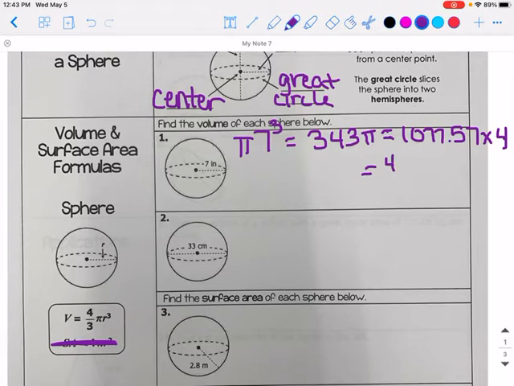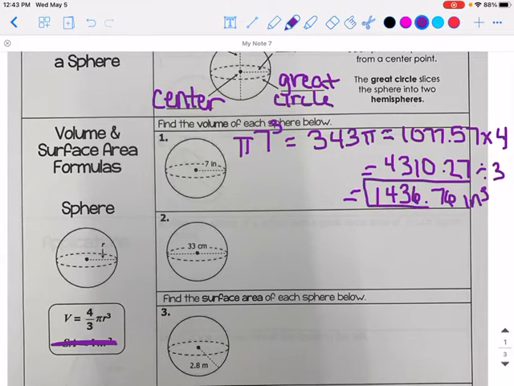And that gets us 4,310. And divide by 3. And that is the volume of a sphere. Let's try it one more time. In number 2, it is not pi 33 cubed, it's pi 16.5 cubed, okay? So 16.5 cubed times pi, so I'm going to do it all at once now,